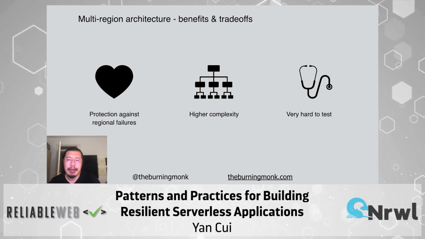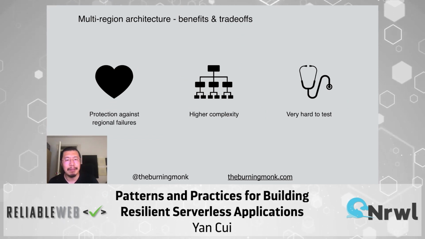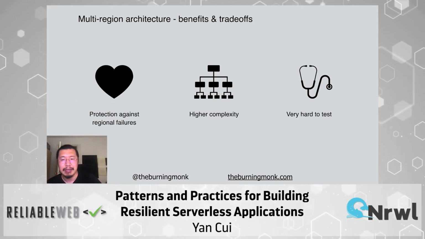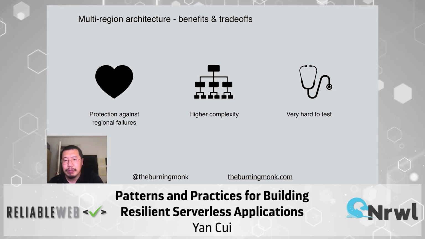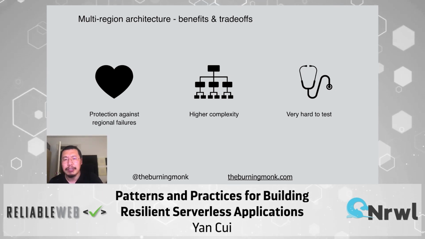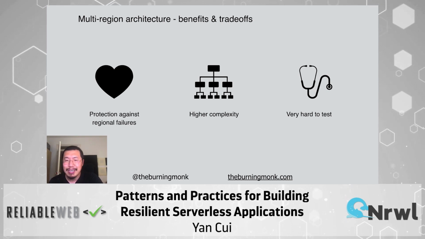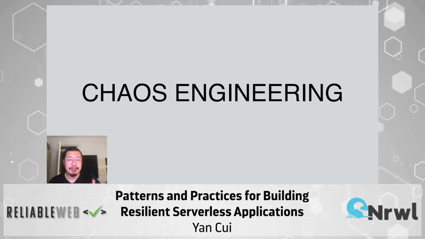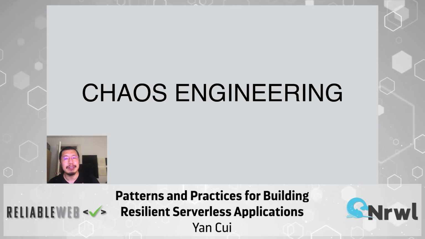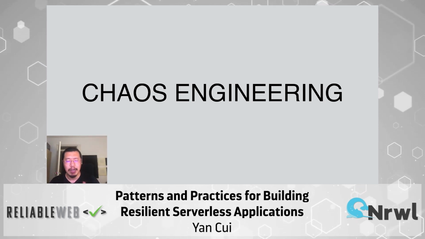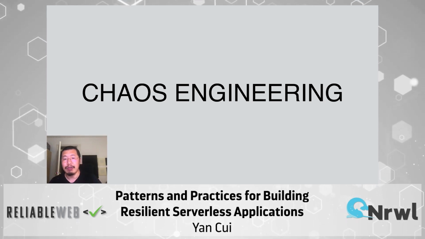And the downside of having a multi-region setup like this is that they are just more complex. Everything from deployment to monitoring just gets a bit harder, and they're also more difficult to test as well. And speaking of testing, the best way we have for testing some of these more complex systems is chaos engineering,